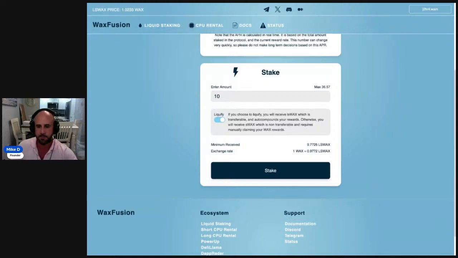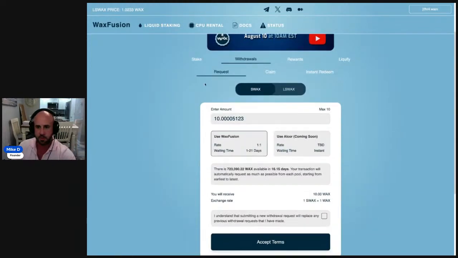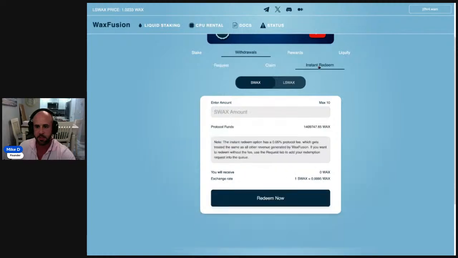All right. One more thing I wanted to touch on before I get back to the Alcor thing: instant redemptions. As I mentioned, there's that 1 to 21 day waiting period and whatnot. There's also the option, if you go to withdrawals, there's an instant redeem tab here. And as you can see, there's 1.4 million WAX available right now for instant redemptions. This option is not free. It has a